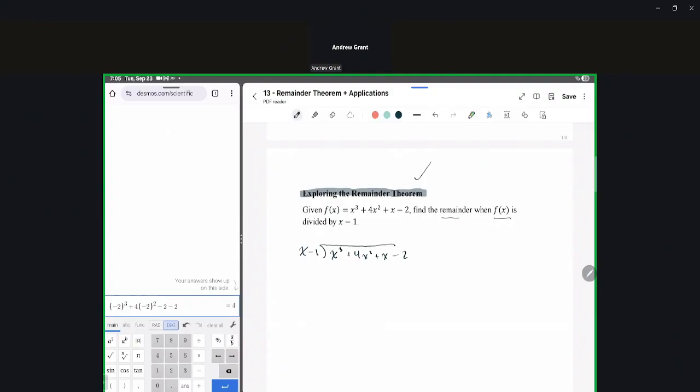And so we ask ourselves the question, how many times, and essentially we're always thinking about this x to the power, this x term in front of the binomial. And we want to see how many times x goes into x cubed. Or another way of thinking about that is, what is x to the power of 3 divided by x? And so that's going to be x squared. So we're going to put x squared up here,